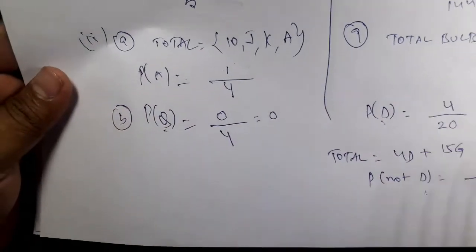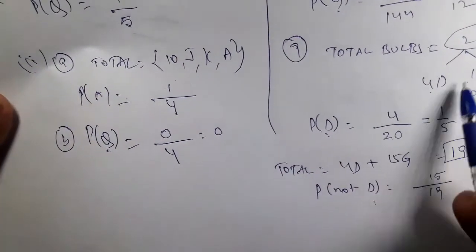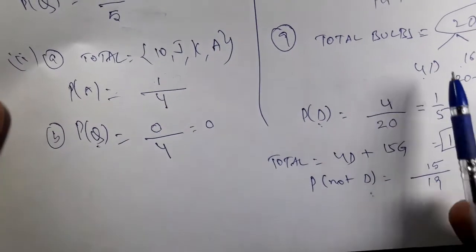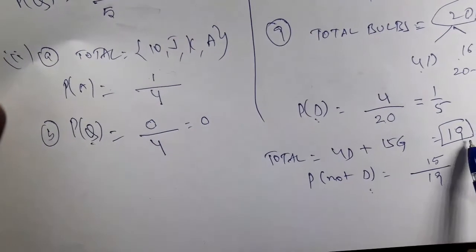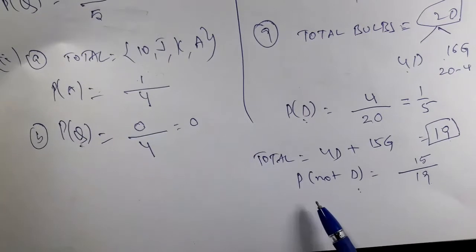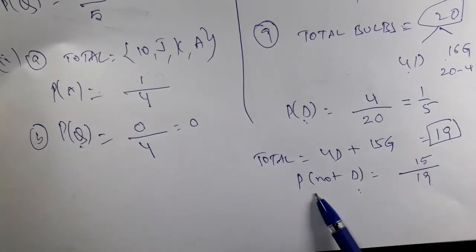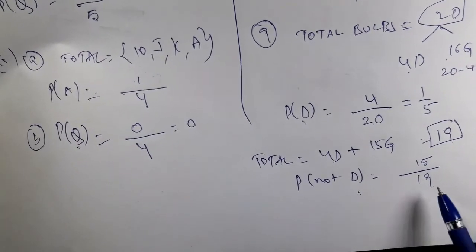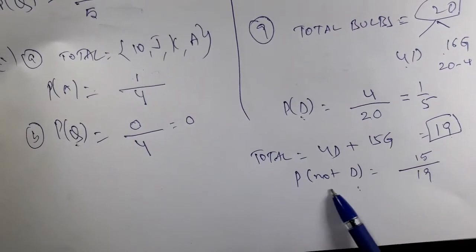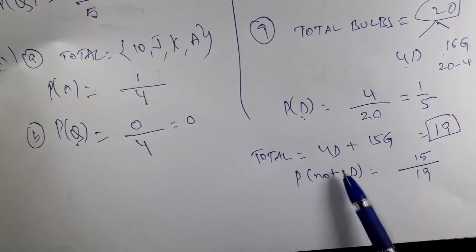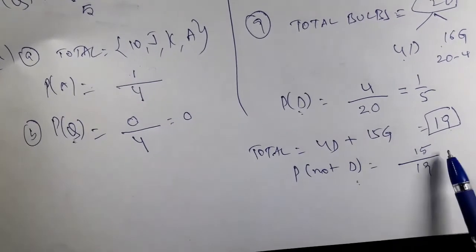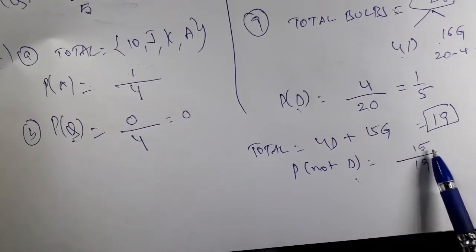So out of these 20, you have left one good bulb aside. So 15 good and 4 defective are remaining. So altogether 19 bulbs are there. Now you have drawn one bulb out of these 19. You are finding the probability for that bulb to be not defective. So denominator is total, and total is 19. Coming to numerator, favorable. How many of these 19 are not defective? Not defective means good. So 15 is the favorable number of outcomes.